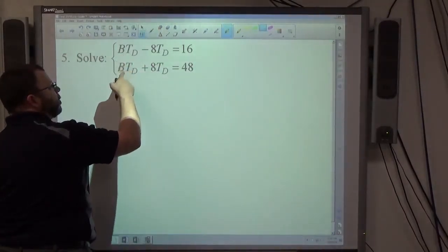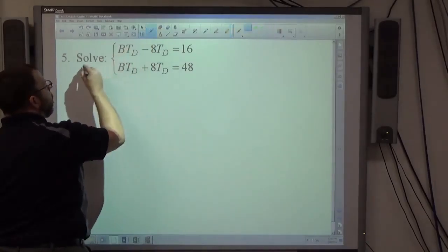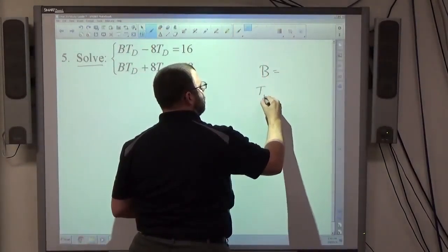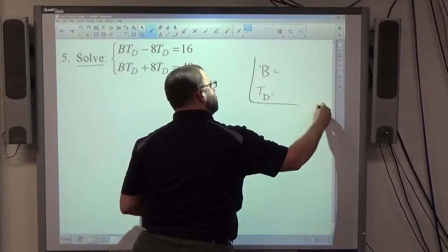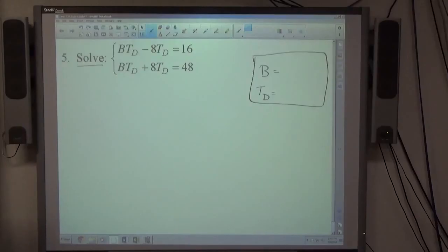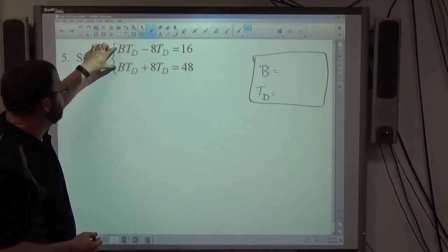We have a nonlinear system since b and t sub d are being multiplied together. So my goal, when it says to solve this, is to know what b equals and what t sub d equals. That's my goal in this problem. If I'm going to use elimination, which I should because the types of variables match, bt sub d's, t sub d's, and constants,